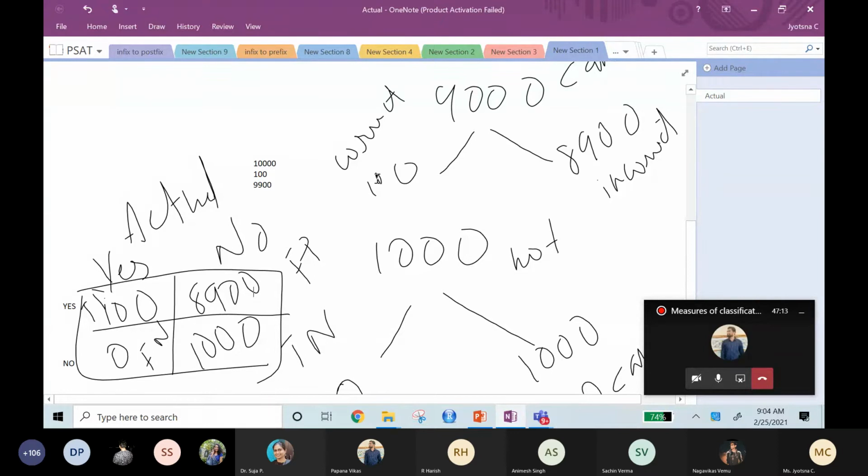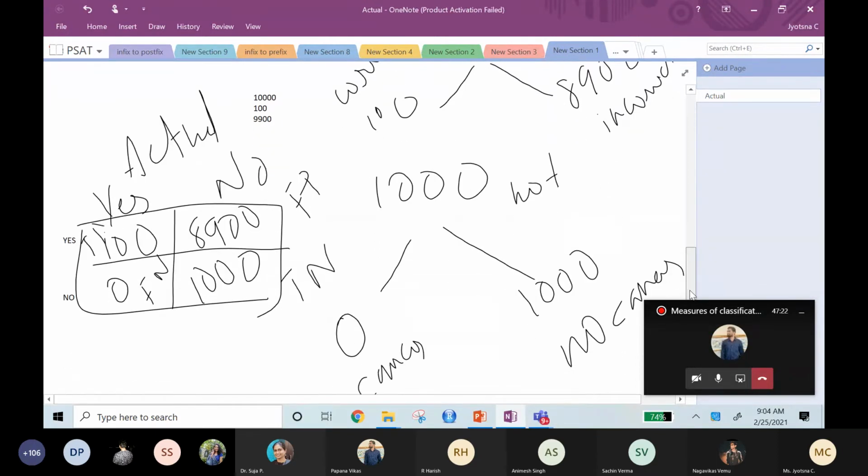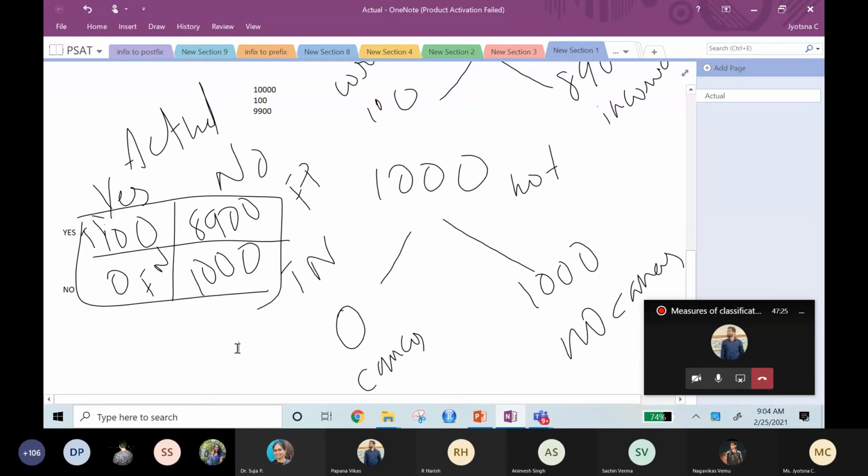In that correctly, I think I should write actual on this side, right? Anyway, you just consider this confusion matrix. That means actually 8,900 patients are not having cancer, but we predicted it as yes, they have cancer. So totally that 9,000, tell me. Predicted only 1,000 as not cancer, no, ma'am. That means predicting the remaining 8,000 as yes, no, ma'am.